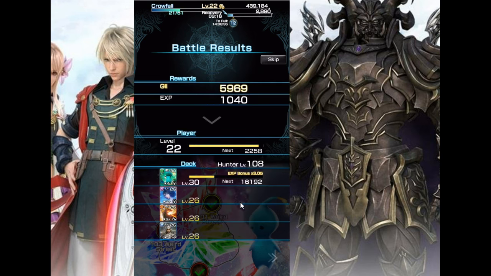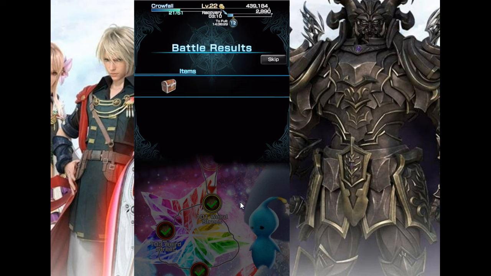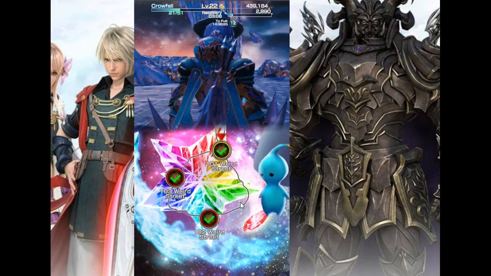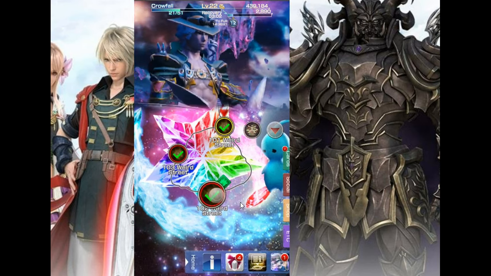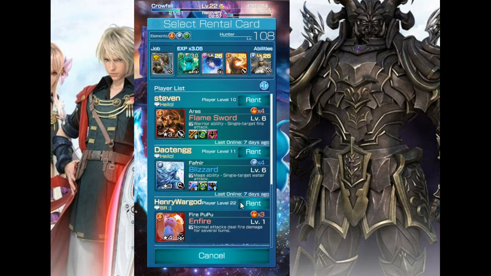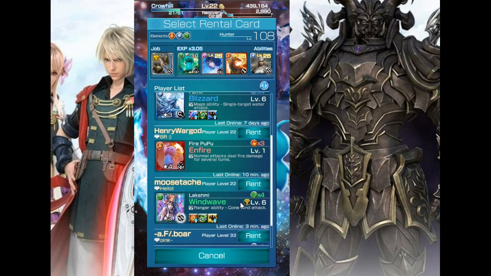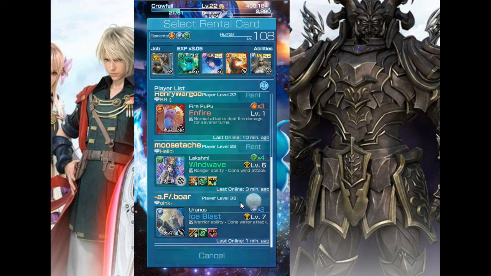So there we go. And you can see our multiplier is now going to be a times 5. So you just keep farming this stage over and over again. Huge amount of skill seeds, and it only costs 4 stamina, which is the best part of this, because you're never going to run out of stamina. So once again, you keep looking for cards, so you found a 4-star right there,